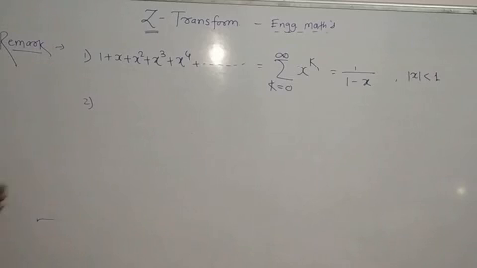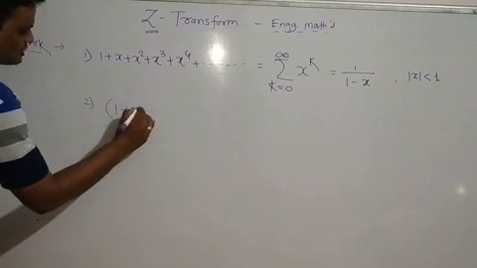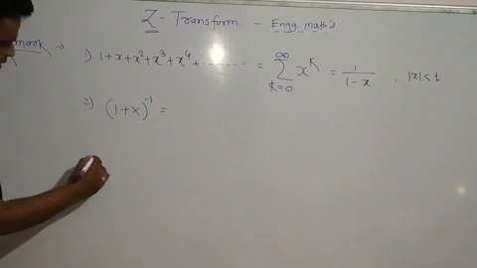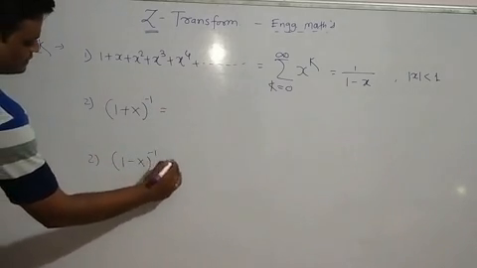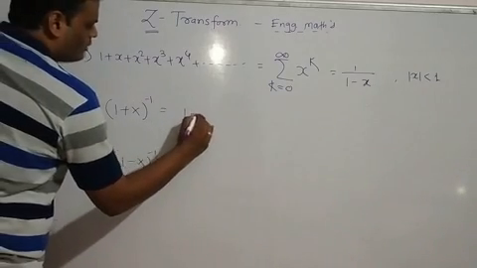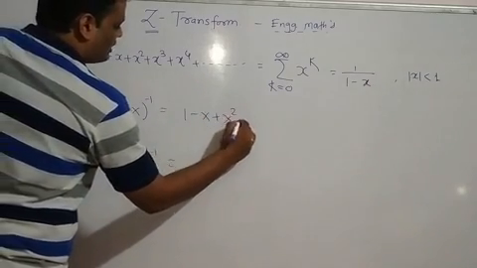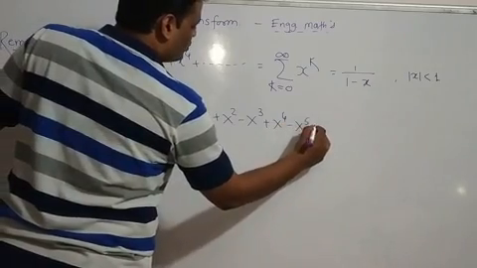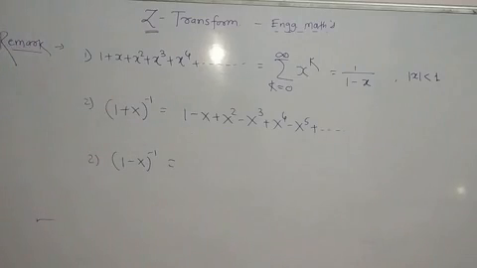Okay. So the second one is the expansion of the bracket 1 plus x raised to minus 1, and the third is 1 minus x raised to minus 1. The expansion is the same; the difference is only the signs. If you have 1 plus x raised to minus 1, you have 1 minus x plus x square minus x cube plus x raised to 4 minus x raised to 5 plus so on, and it will continue. Up to when? We will see that in the example. I'll explain this part when the example comes.